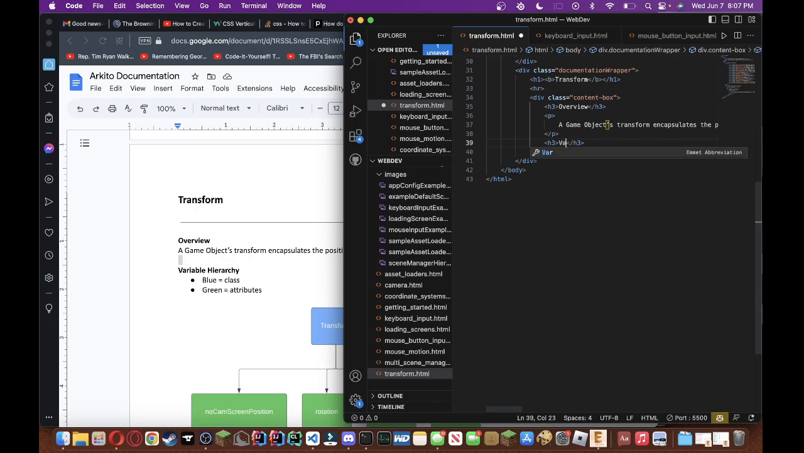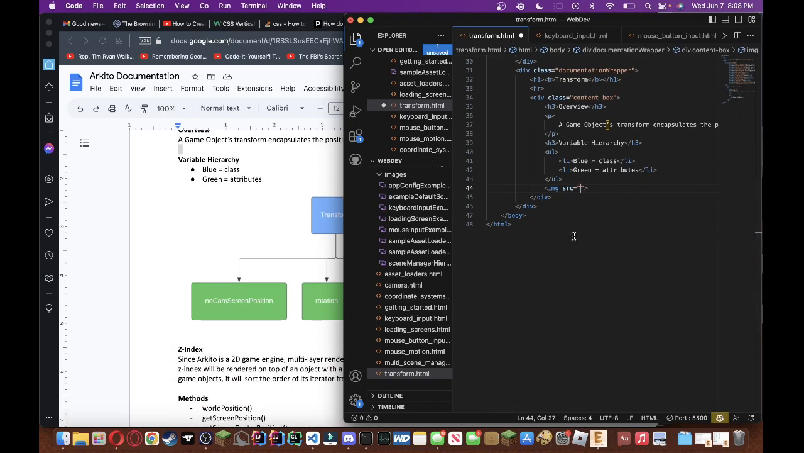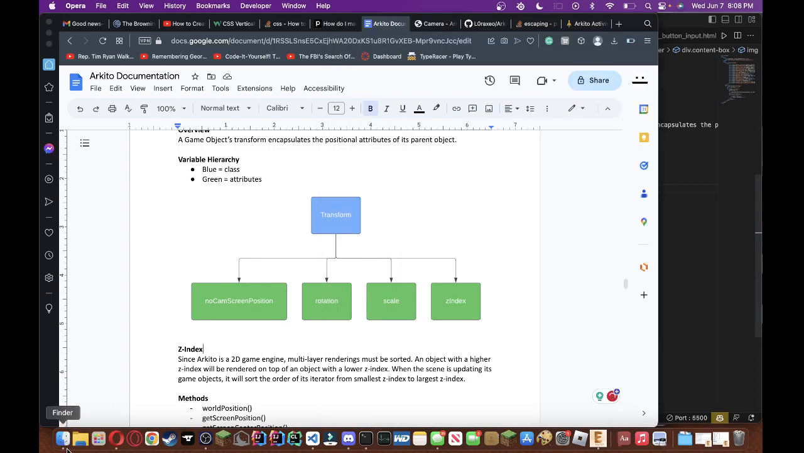See, h3 tag variable hierarchy, and then we're gonna have an unformatted list that refers to the colors in my diagram for the variable hierarchy. And I actually made this diagram via a website called Lucidchart. Very helpful, so thanks to them for that. Made me kind of want to make my own program like Lucidchart, but anyways, and then we're going to be using